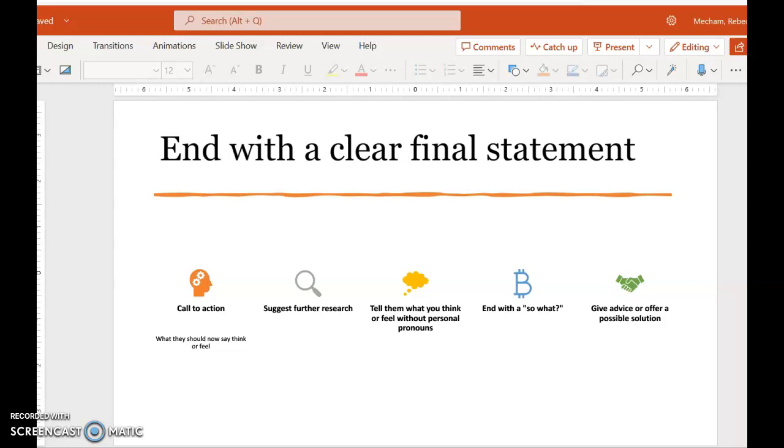And then another thing you can do is just give advice or offer a solution, right? So in the case of my imaginary paper I'm writing here, that one probably makes sense. I probably want to say, okay, what should we do now? Because we've read this book about how women authors are not well supported. Should we support women authors more? Should we read more women authors? Should we invest in children's literature programs? I don't know. Whatever it is, that's where you suggest that, okay? Give the reader something to do with all you've told them.